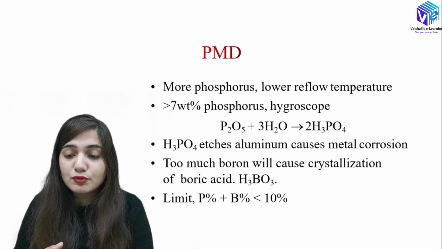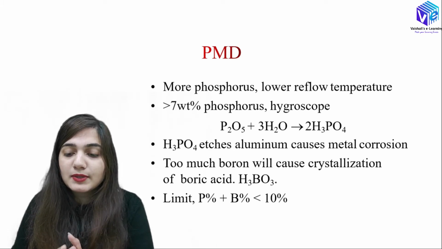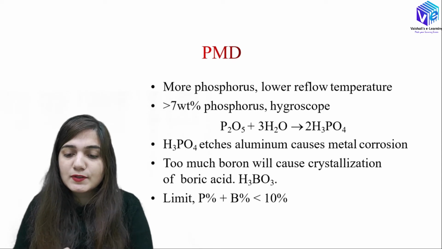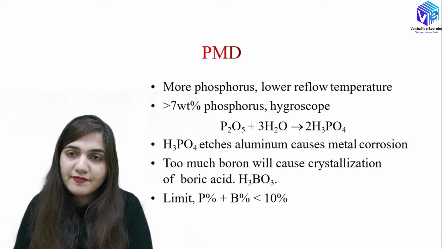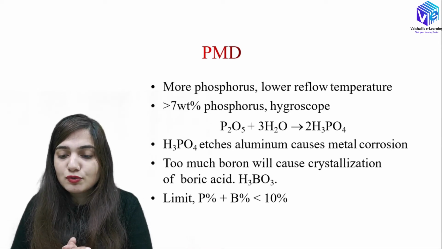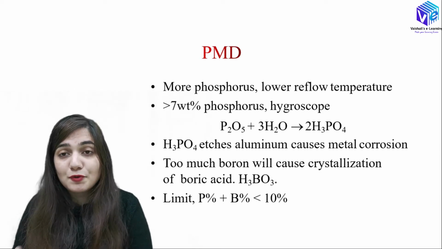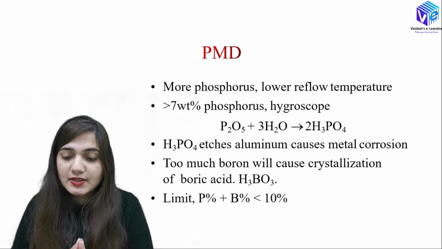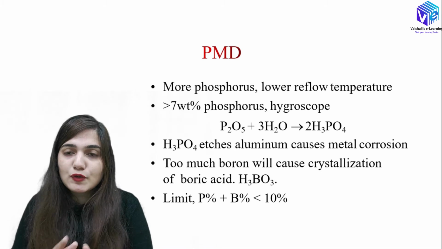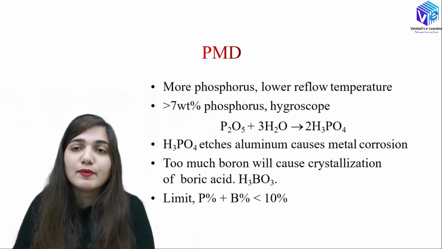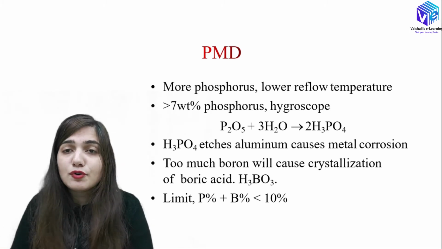What it is going to do is react with the water. So if I have the phosphorus in the oxide, it is present in the form of P2O5, right? So now it is going to react with the water. So P2O5 plus 3H2O gives H3PO4. And what is the output of having the H3PO4? H3PO4 is actually the phosphoric acid. So phosphoric acid is used for the etching of the aluminium and it can cause the metal corrosion. So it is a disadvantage for us. I cannot use more of the phosphorus.